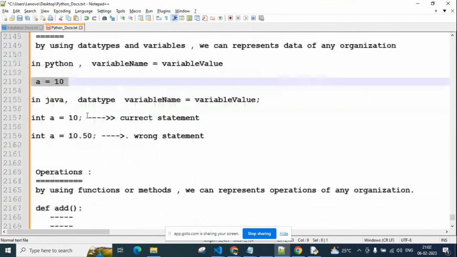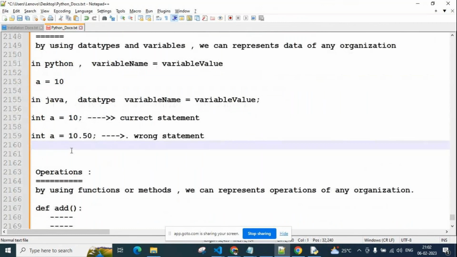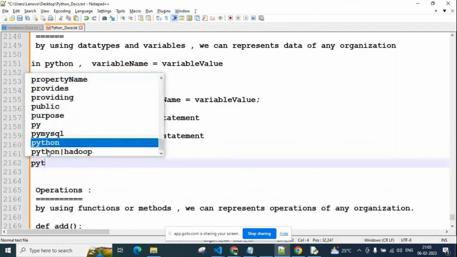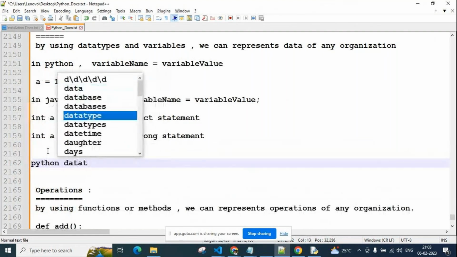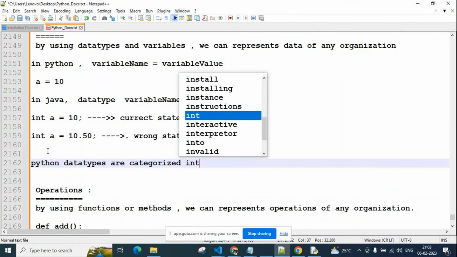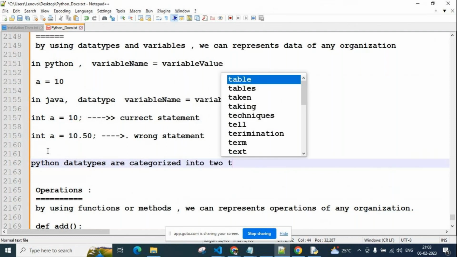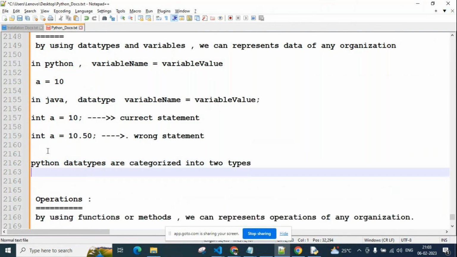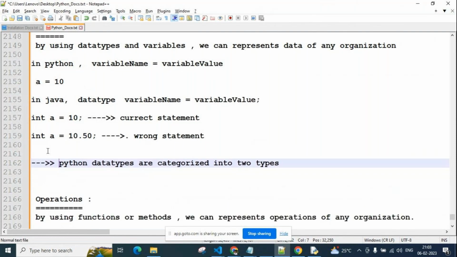So next, Python data types are categorized into two types, guys. Python data types are classified into two types. What are they?